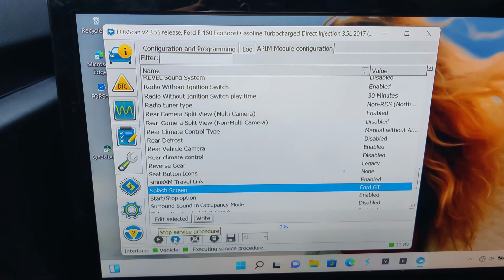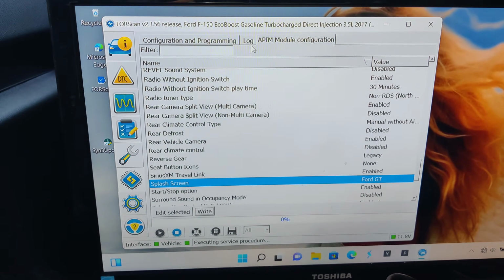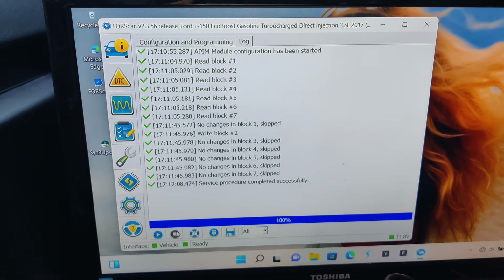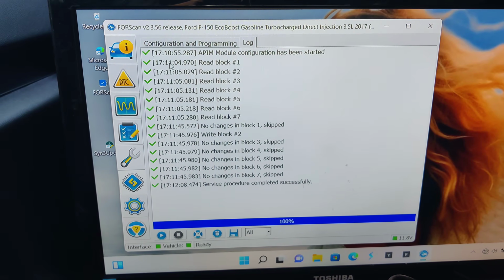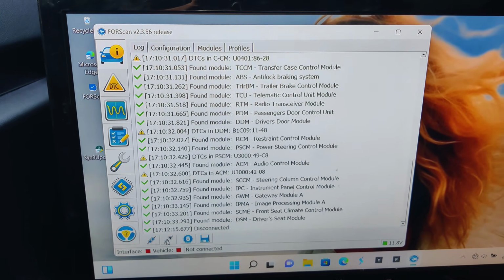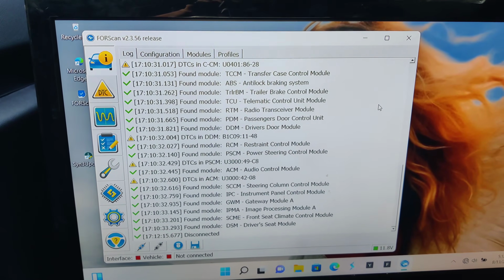We're going to hit stop. We can double check the log real quick before we hit stop. So it was successfully done. Go back to vehicle. We can disconnect. Once we're disconnected,